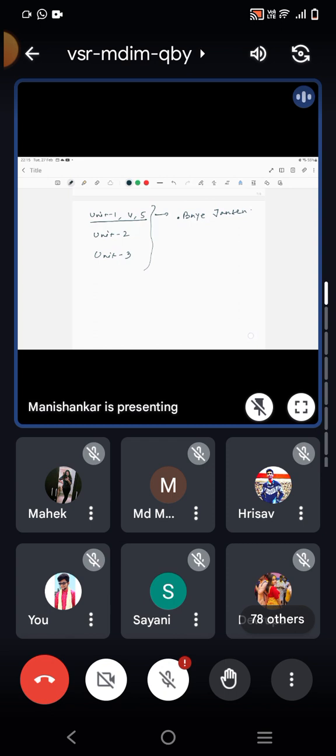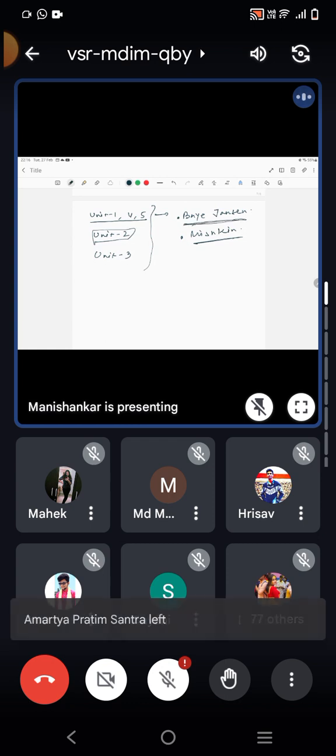And another one is Miskin, but Miskin is important for unit 2 only, especially unit 2 এর যে area, that is the financial market. For money, Bayan Jensen, that one is important. So if you want to buy any book, go for that Bayan Jensen Miskin, but আমি সাজেস্ট করবো আমাদের বইটা কিনলে হবে।